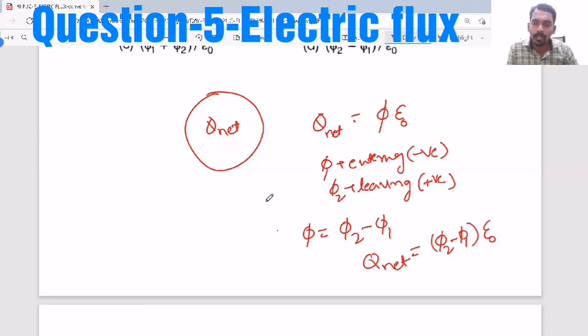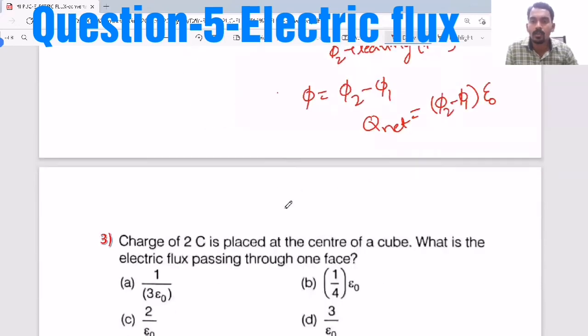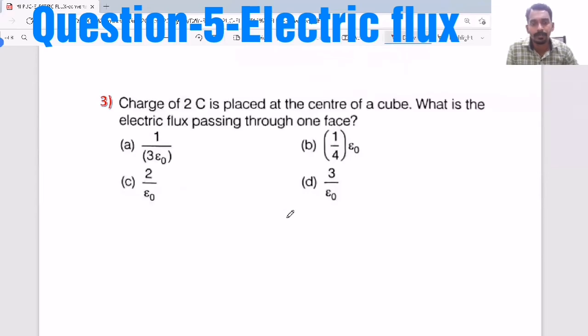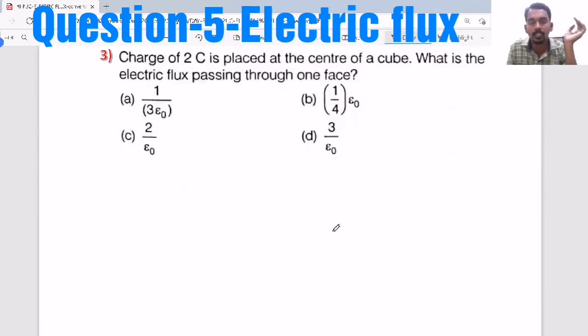In such a way, if you understand the concept and if you remember the definition, then you can understand the question, and solving will become easier. Remembering and memorizing definitions and formulas, understanding the question, and then substitution and calculation: these are the three things you should always take care of. Always try to apply them to each and every question. Then you will get better confidence in solving numericals.